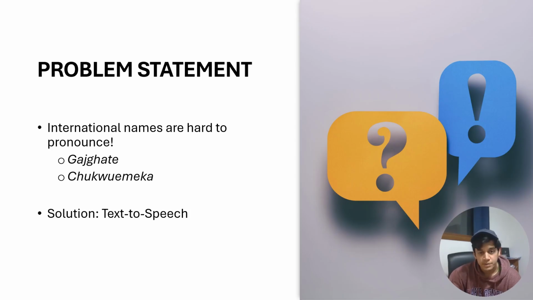So what is the problem statement that we're trying to solve? Well, Favor and I are both international students, and one thing we've learned over the past couple of years is that our names, for the lack of a better word, are non-Western. They are hard to pronounce. Whenever people refer to us, we can sense them getting a little uncomfortable because they feel like our names are a little hard to pronounce.